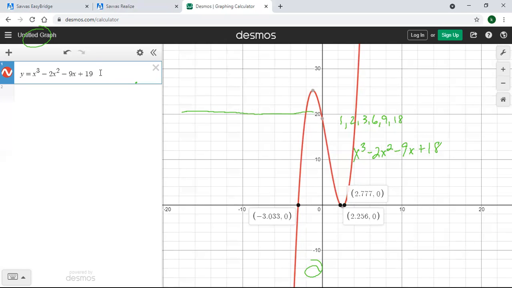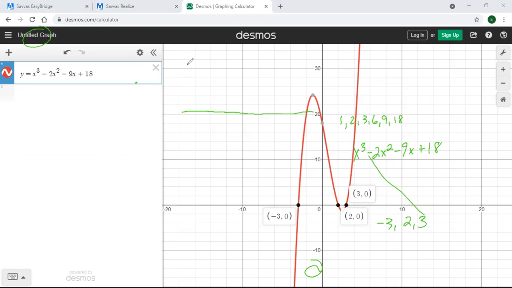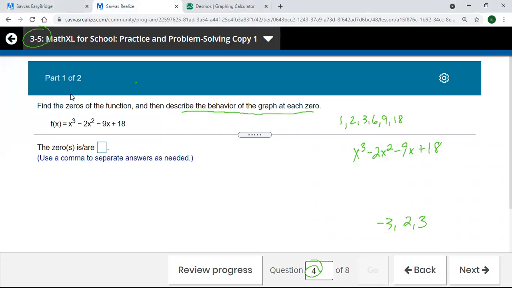Oh, I got a 19. I was going to say something is a little fishy. Let's put an 18 there and check these numbers. A -3, a 2, and a 3. That seems more like it. So we've got x-intercepts now at -3, 2, and 3. And so let's hop back over here, and that's all we were looking for, what are those zeros? So -3,